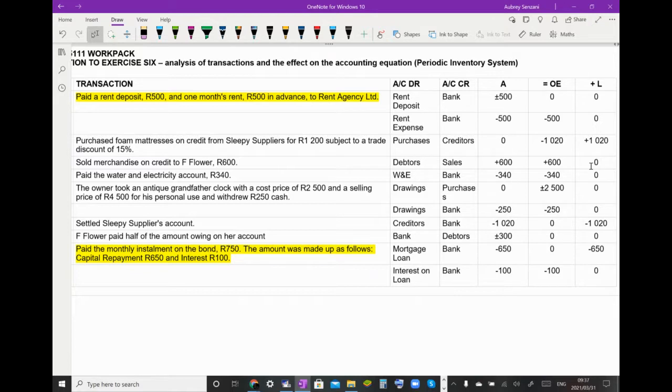It says we paid a rent deposit, 500 Rand, and 1 month's rent, and then it goes on to say 500 in advance to the rent agency. So when you see this, guys, break down your transaction and deal with them one after the other. First things first, we paid a rent deposit, 500. Now,